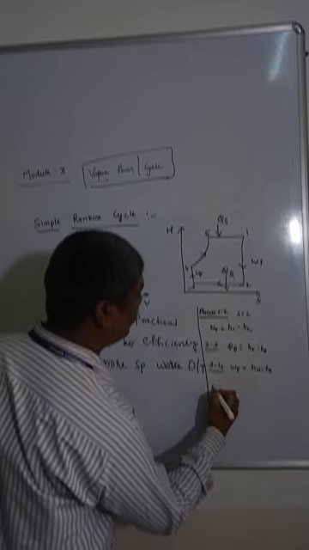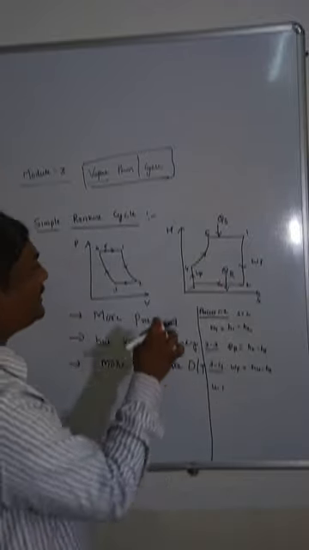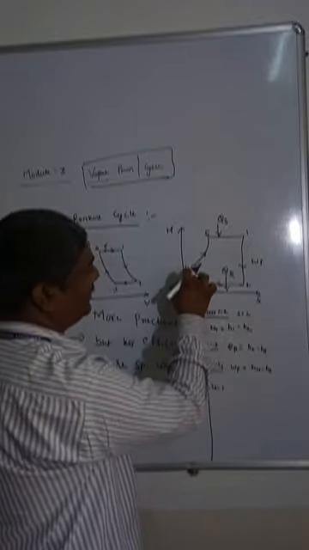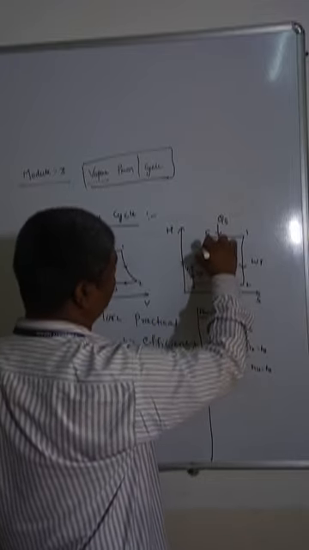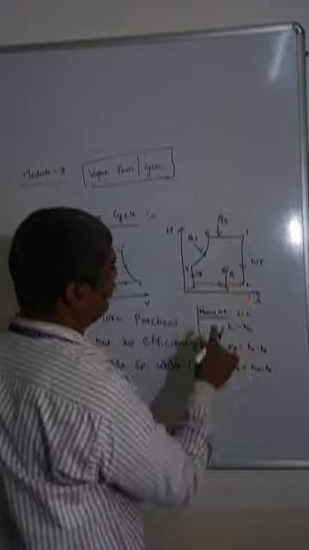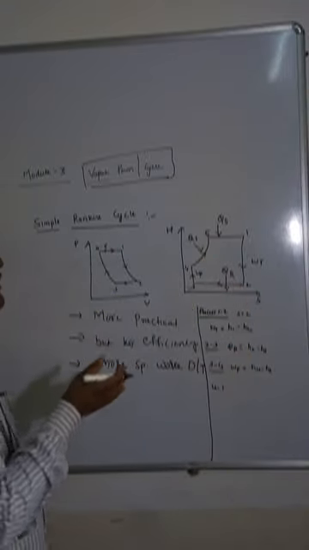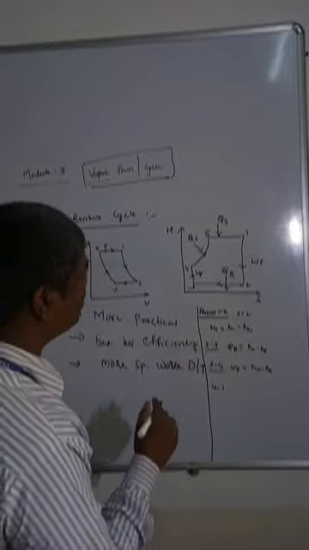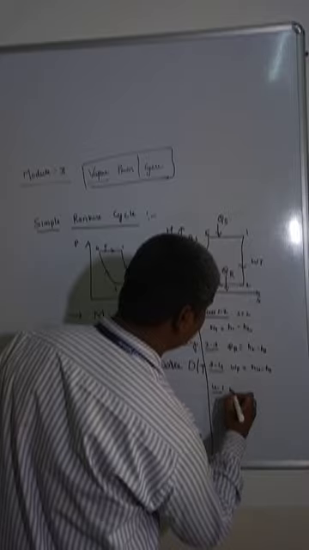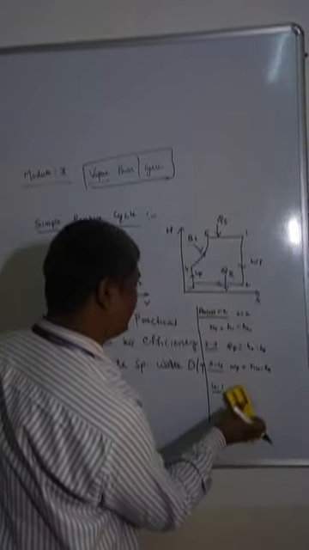Next is 4 to 1. We are not considering the intermediate point 5 because as soon as it enters the boiler, heat addition starts. This is also only heat addition that we are considering. The only point I am saying is this curve is shown such that in the boiler it is not maintaining an isentropic process. That is the only thing. So 4 to 1, this is heat addition.